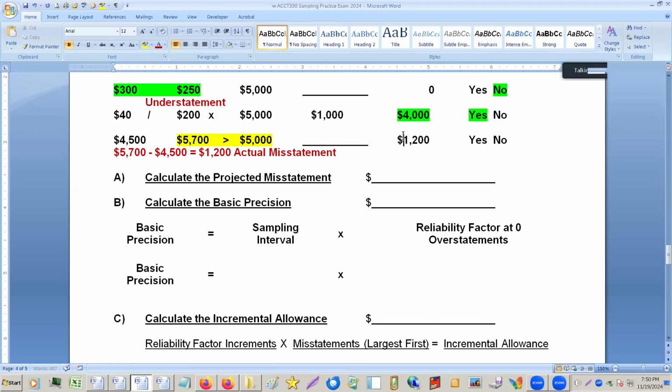Now, because this is the actual amount, it can't get any worse. It covers the entire interval. This would not be included in the incremental. So we only have one thing for the incremental. Now, we're still saying that this is a misstatement. It is a projected misstatement. It goes with the projected ones. This is actually an actual misstatement, but we'll fill it in with the projected misstatement. So these together will add up to, what is that, 5,200?